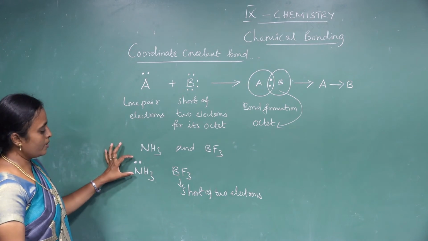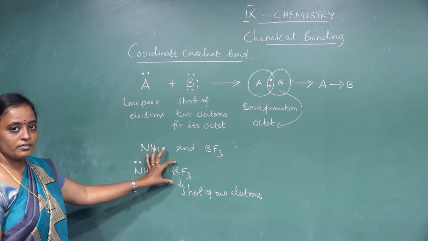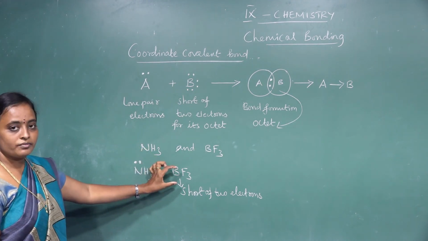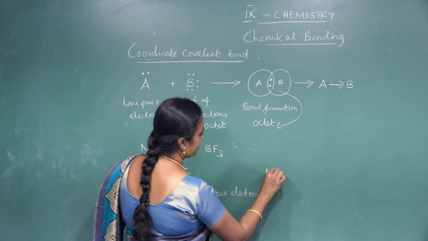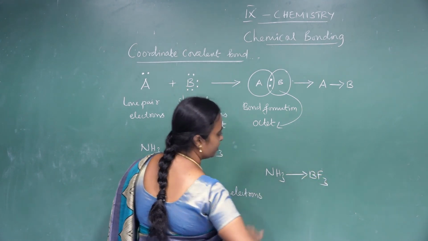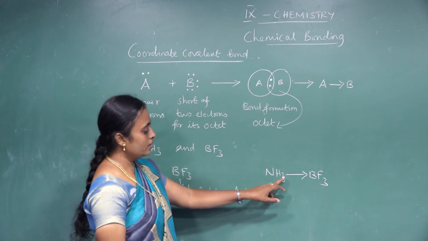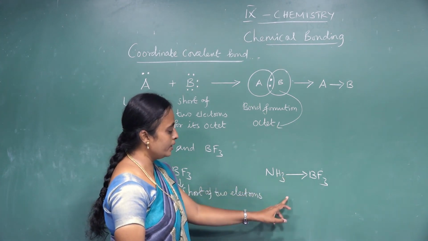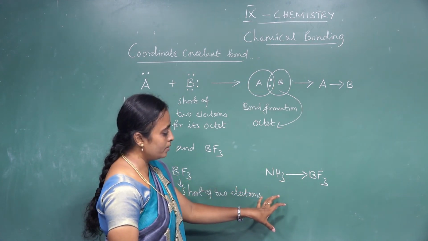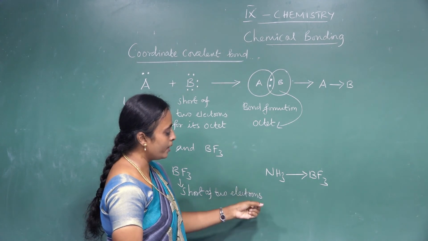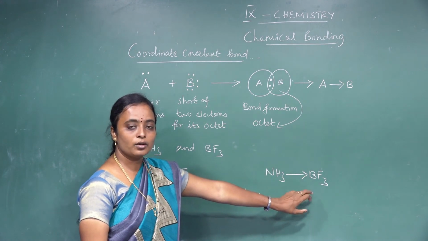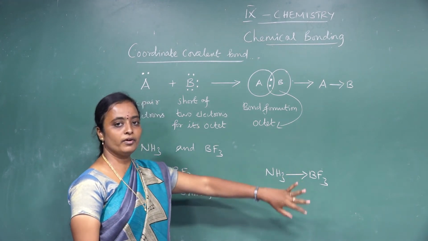So now we are taking two molecules, one is an ammonia molecule, another one is a BF3 molecule. Now the lone pair of electrons is completely going to be transferred to the BF3 molecule. By this, we will get an NH3 coordinate covalent bond with the BF3. So there is a coordinate covalent bond formed between the ammonia and BF3. The bond is formed by entirely transferring a lone pair of electrons on the nitrogen to the BF3 molecule. That gives a coordinate covalent bond. This is an example of a coordinate covalent bond.